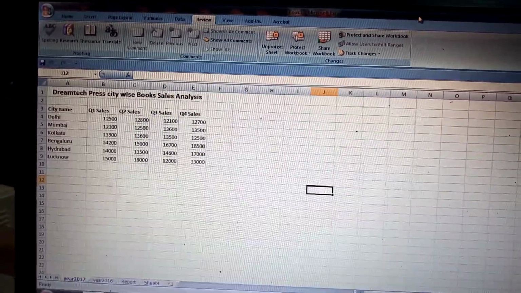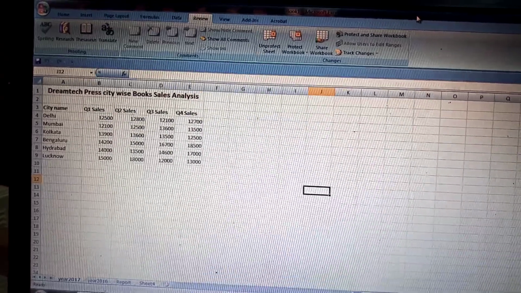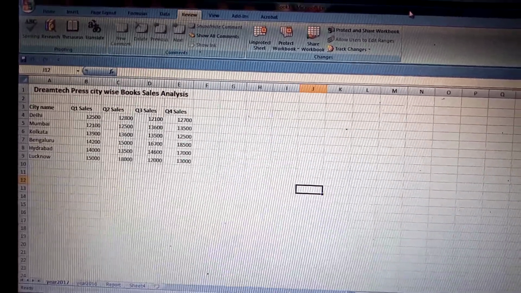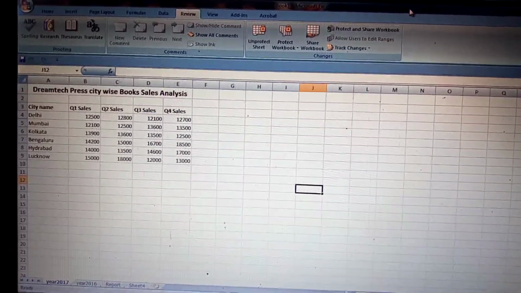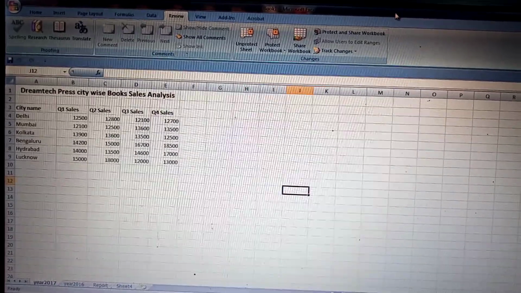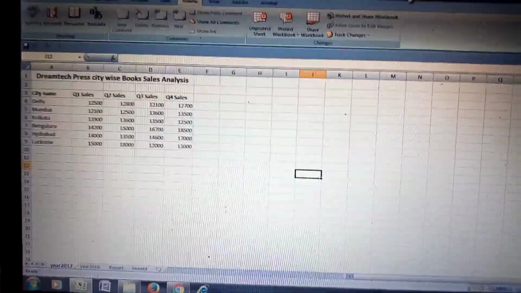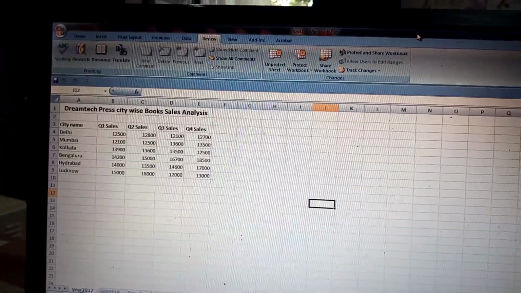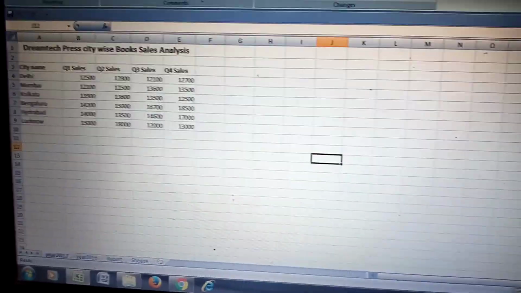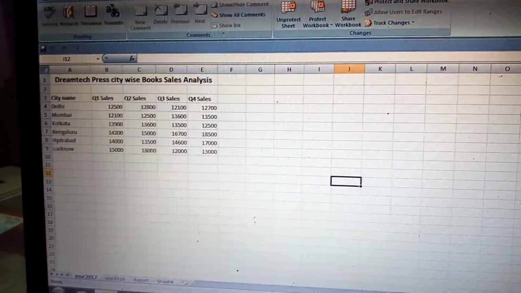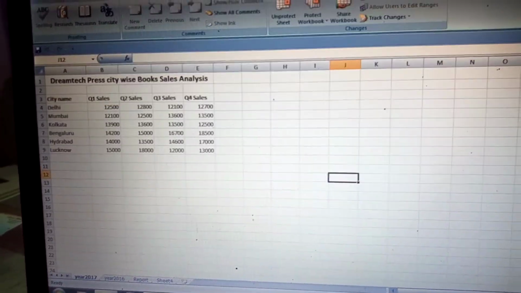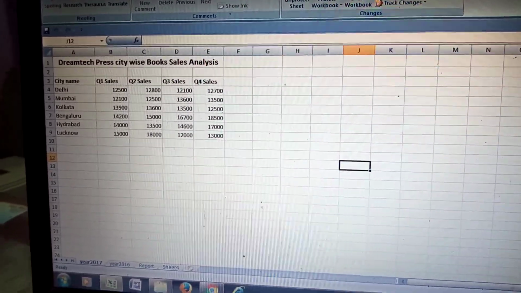Okay, now our journey is starting from today for the next session for the term 2 exam. Let us start. I have already completed up to session 10, which was how to use currency symbol. From today I am starting from session 11, formatting cell content, font size and font style.